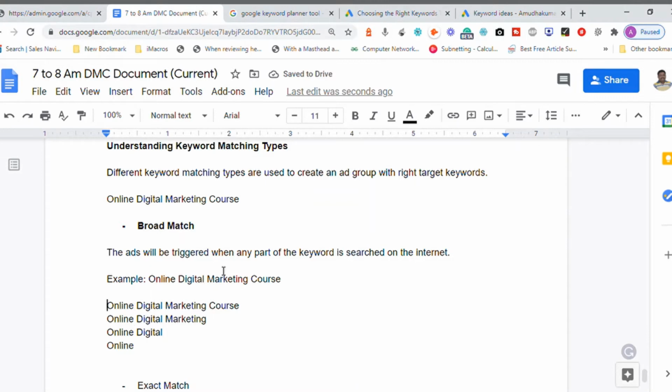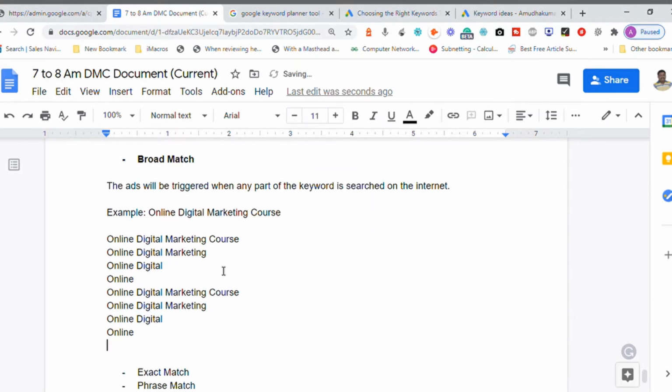At the same time, when they search any combination, even without online, such as digital marketing course, the advertisement will be shown. When they search digital marketing alone, only digital, online course, or marketing course, the advertisement will be triggered.